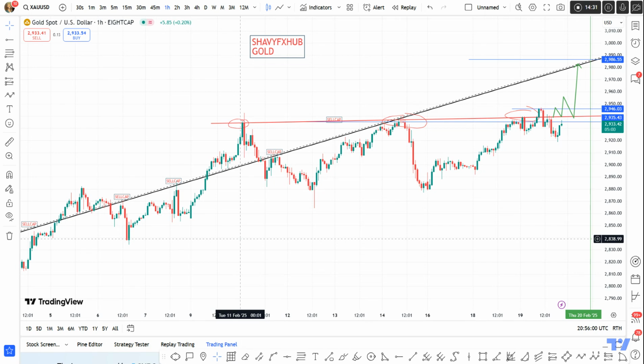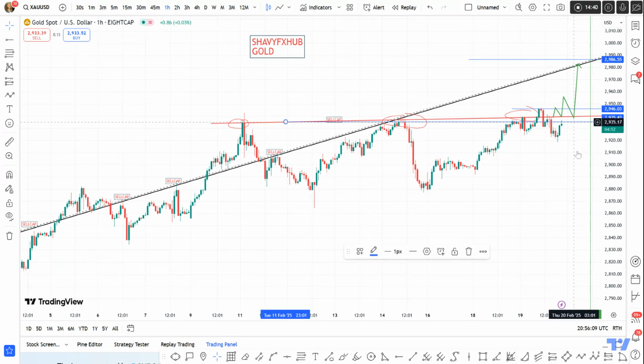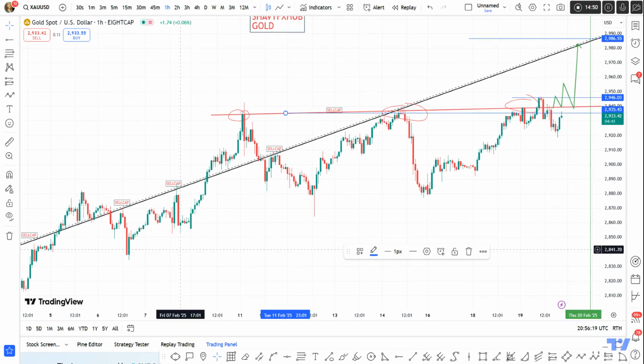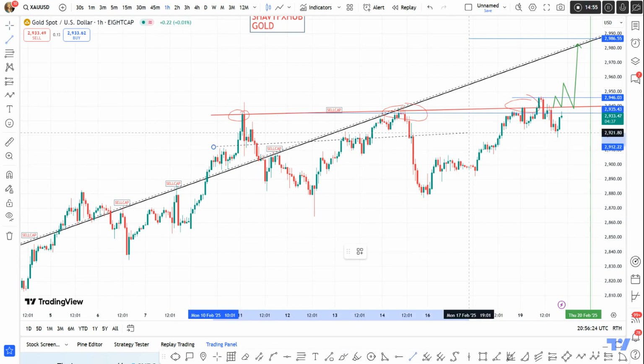Then for the sell thesis, you see, I told you on 4 hours we have a supply roof at 2,935 on 4 hours. And market is respecting that structure. It could fall from there. It could fall from there. And let us look at another structure that also looks important to us. And I like that structure. Shortly after that, we may